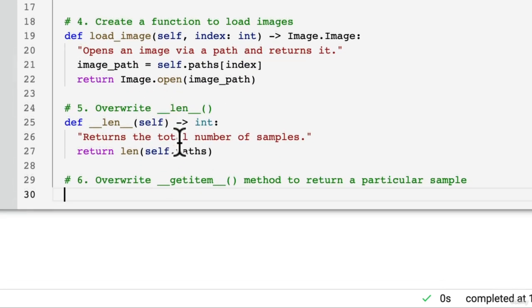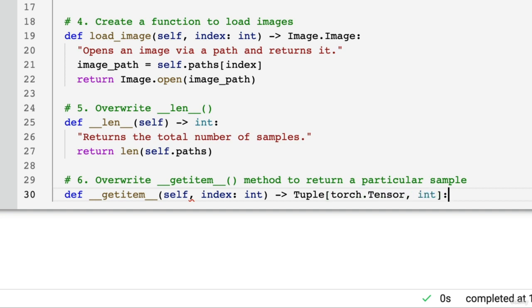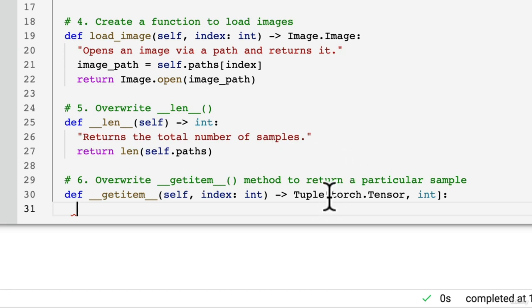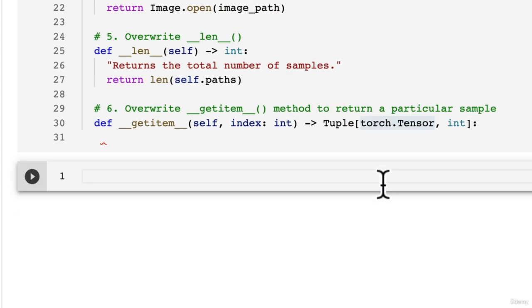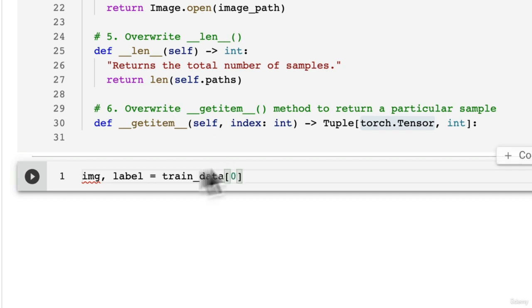And now this method is going to leverage getItem, all of the code that we've created above. So this is going to take in self, which is the class itself, and it's going to take in an index, which will be of an integer, and it's going to return a tuple of torch.tensor and an integer, which is the same thing that gets returned when we index on our training data. So if we have a look, image, label equals train_data[0], getItem is going to replicate this. If we pass it an index here,